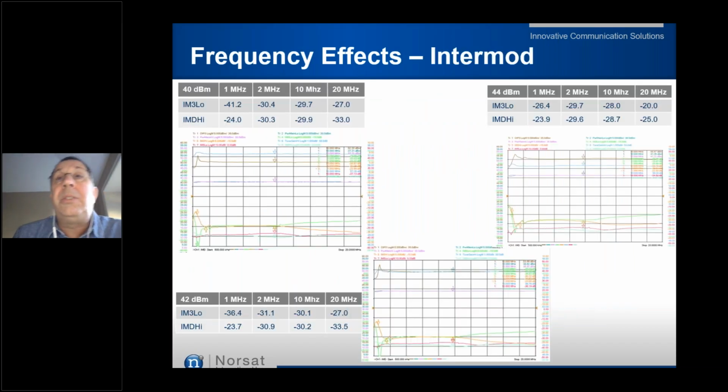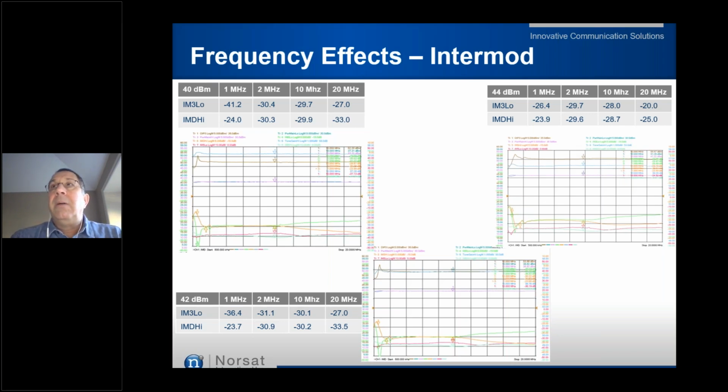So these three plots are a sweep of two-tone intermod, and the little chart above each plot picks off some of the points. They're done at different output powers, but they are all sort of similar. So if I just look at the 44 dBm one, the one on the far right, you'll see that